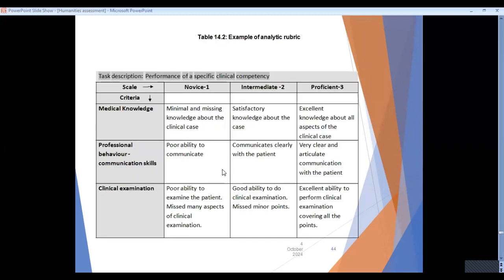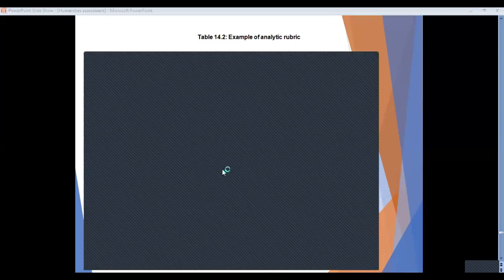This is a typical rubric. So if the task is performance of a specific clinical competency, for example, if you're talking of humanities, the student should be able to demonstrate empathy and compassion. If that is a task, then you can frame your criteria. And you can see on the left side, various criteria have been written: medical knowledge, professionalism, clinical examination. And on the right side, each square,